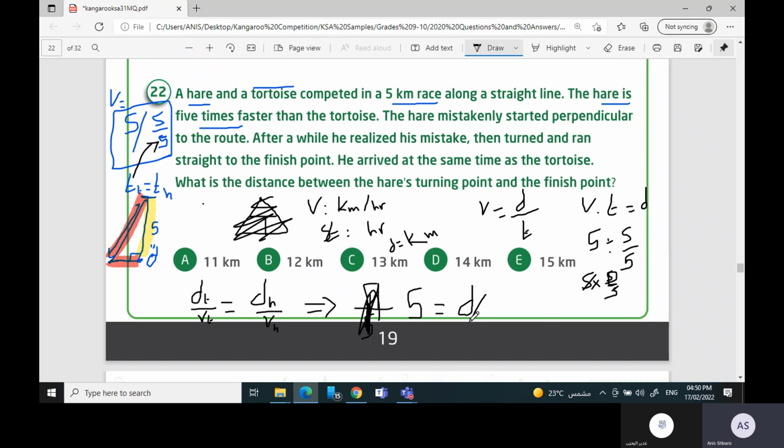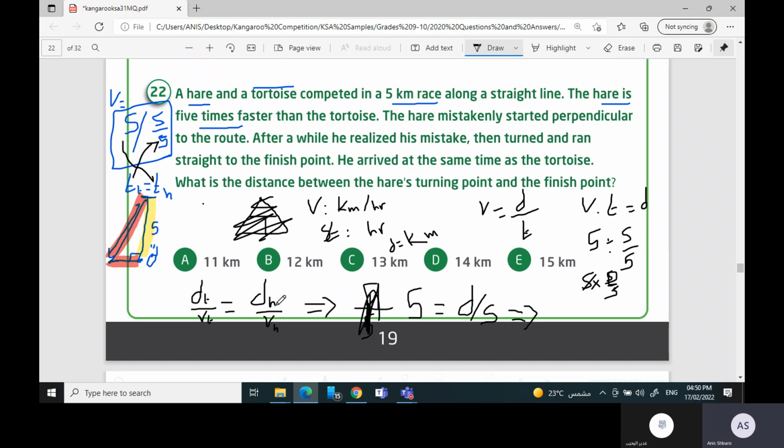Because down is black, I'm going to write here, over the velocity of the hare. We have the velocity, which is S. Okay, so clearly,